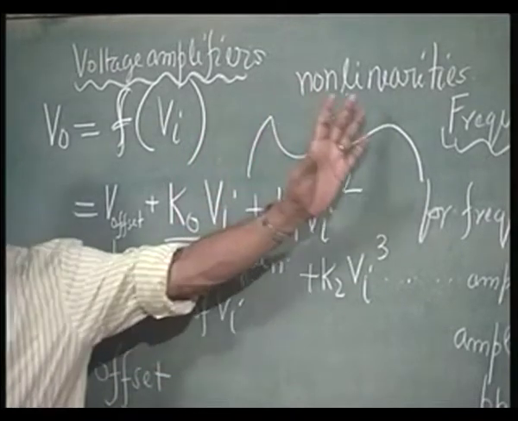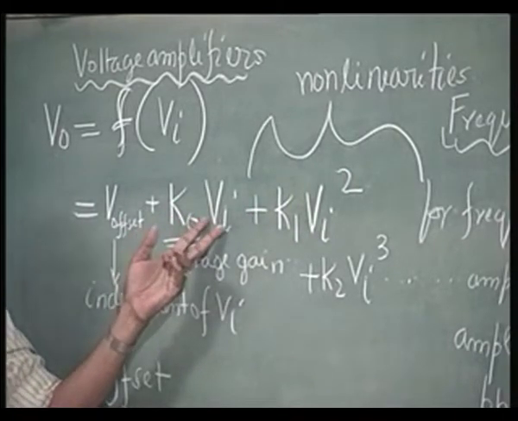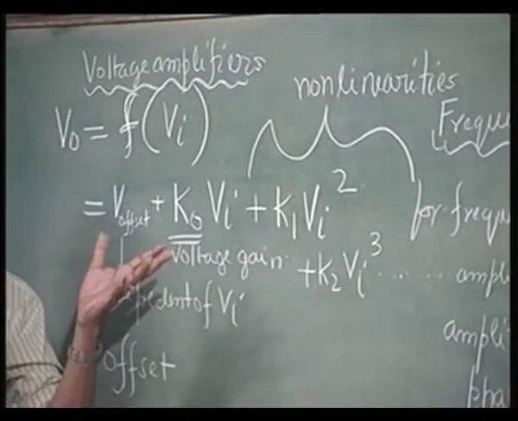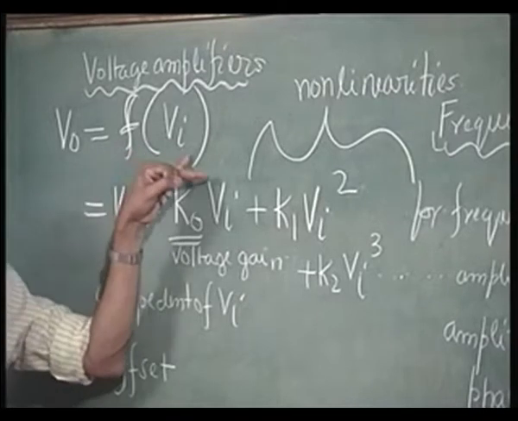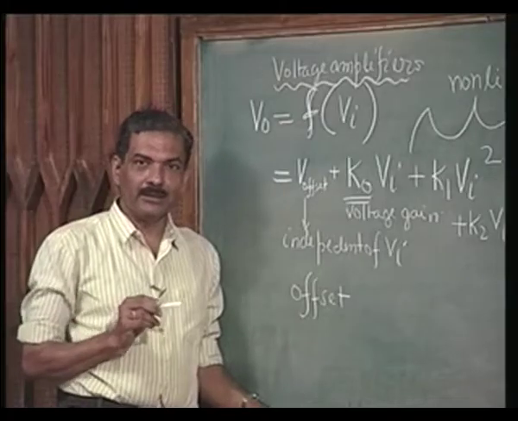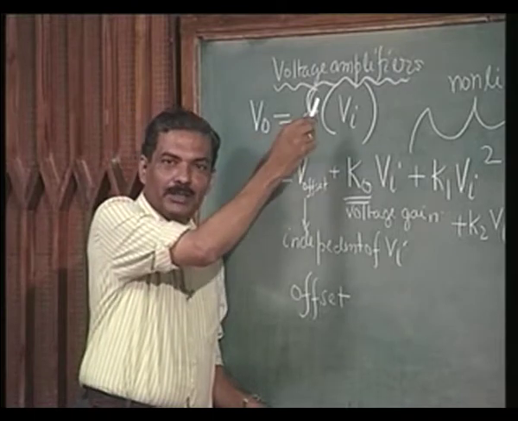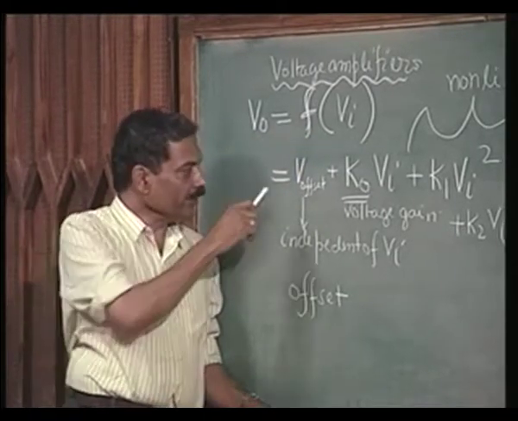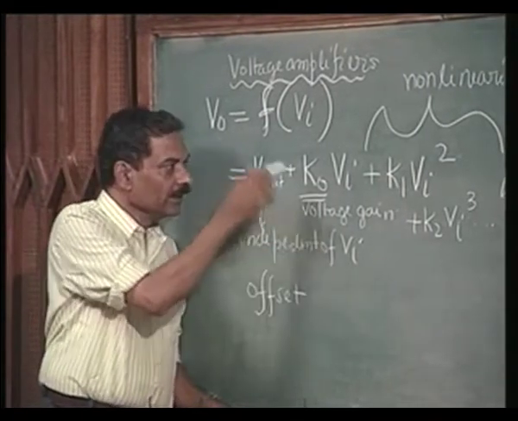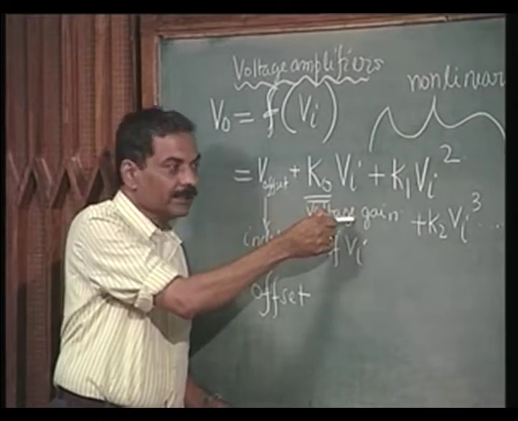These are the non-linearities, right. The output is supposed to be only dependent upon Vi, but the active device we have got is something that simply gives you a function of Vi. So, in general, any amplifier that is designed by anybody will only give you output voltage or output current as a function of input voltage or input current. That can only have an offset voltage which is independent of Vi, then something that is linearly dependent upon Vi, that we call the voltage gain, plus